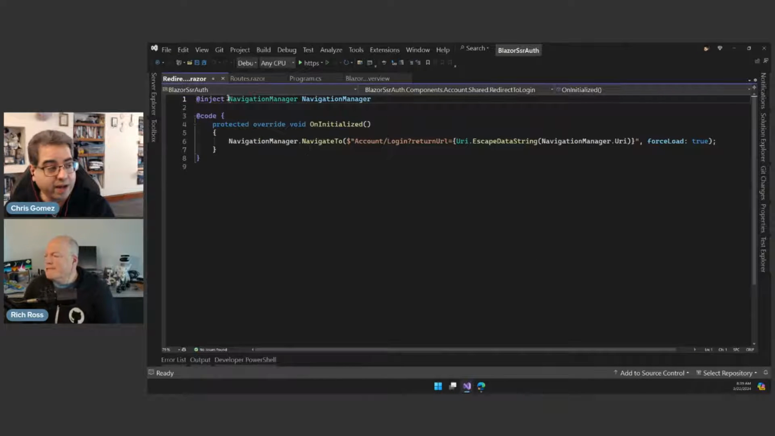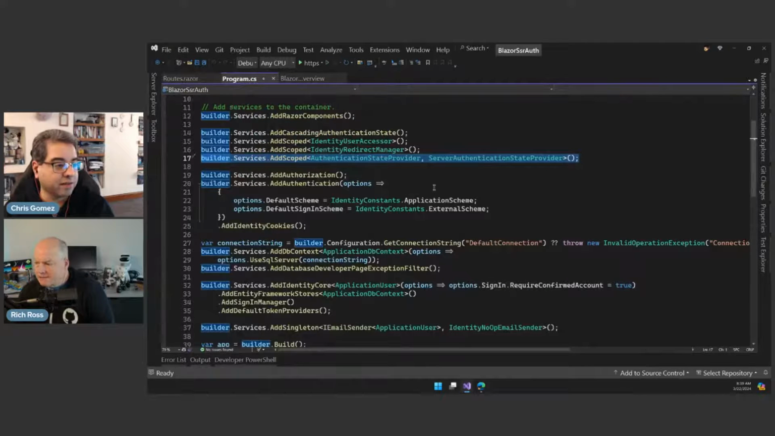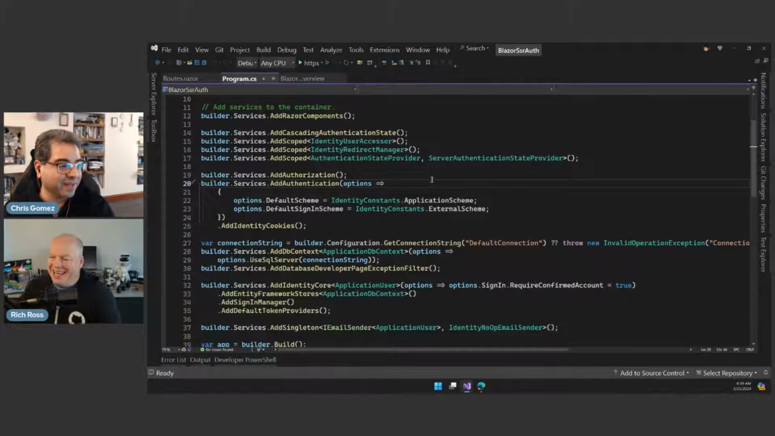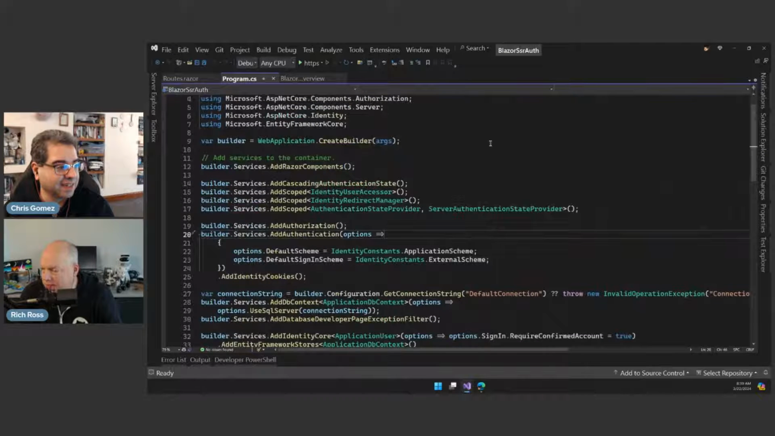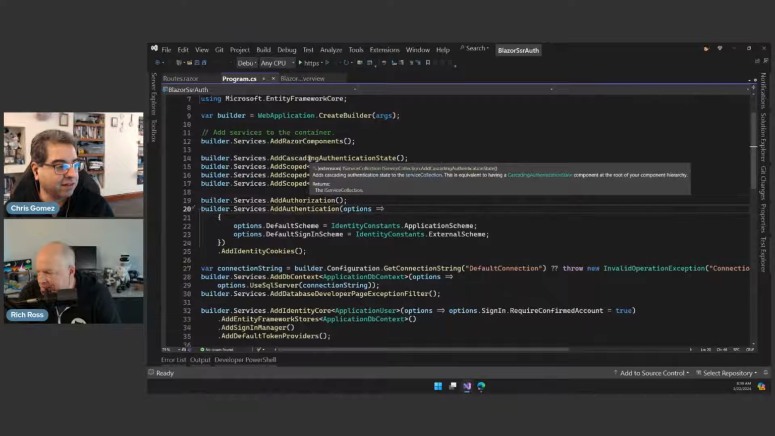Okay. Quite a bit of stuff gets dropped on you. And part of what the deconstruction has been is to say, like, so what gets dropped on you? Right. It's going slower than I kind of wanted it to, but I think it also surprises a little what it did try and drop in this instance. Yeah, it added cascading authentication state. That's interesting. Mm-hmm. This is equivalent to having a cascading authentication state component at the root of your component hierarchy,